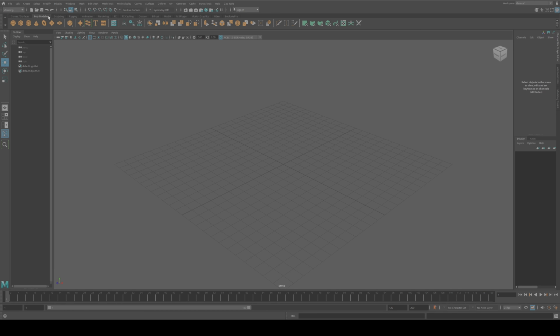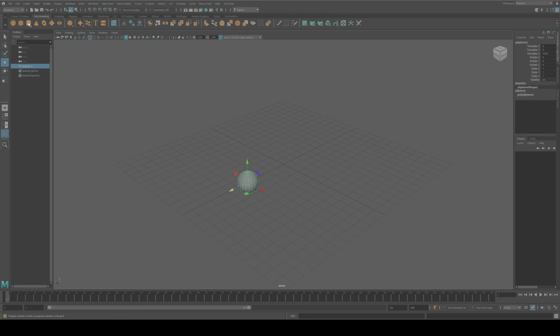Well, when you're in the thick of creation, time is of the essence. Having your go-to tools neatly sorted into categories saves you those precious seconds. And as we all know, every second counts in bringing your imagination to life. So let's try it out. Click the sphere icon and boom, a sphere appears in your viewport.